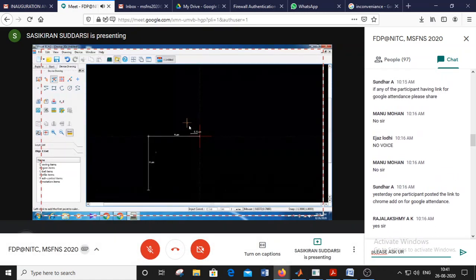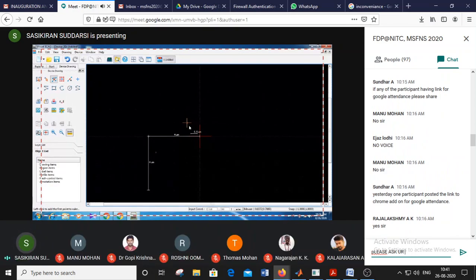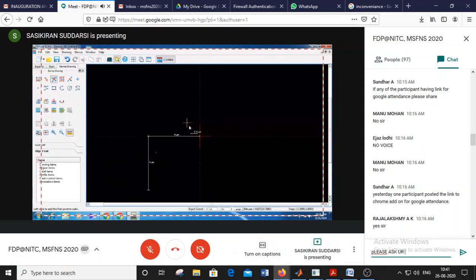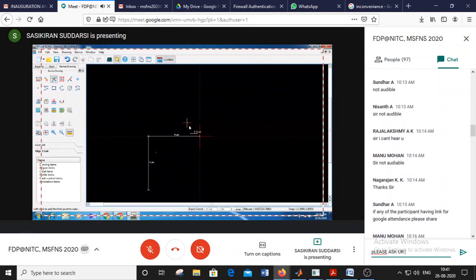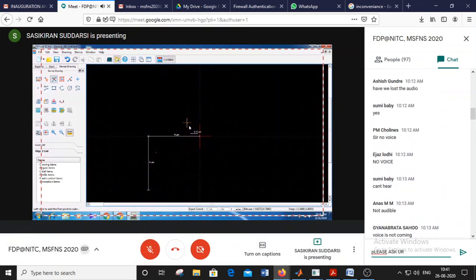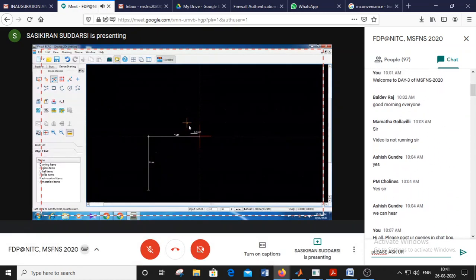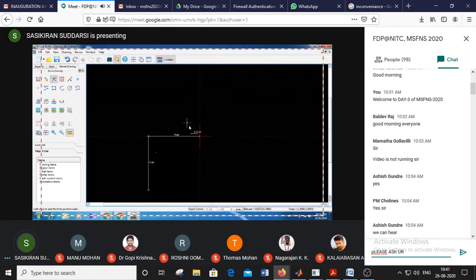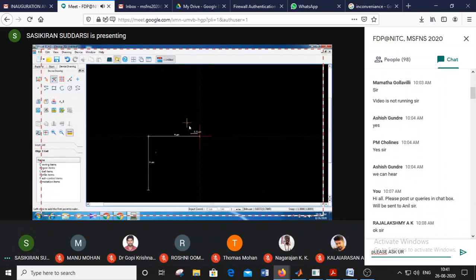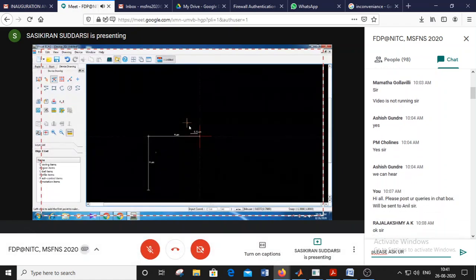Next I am drawing the second region, which has a dimension of 2 micrometers by 0.2 micrometers. So it has an L of 2 micrometers and a height of 0.2 micrometers.